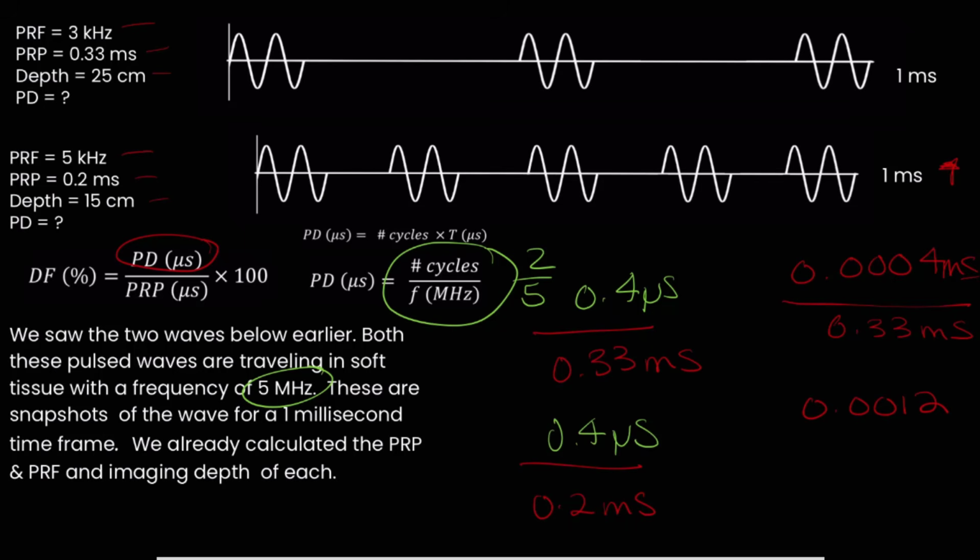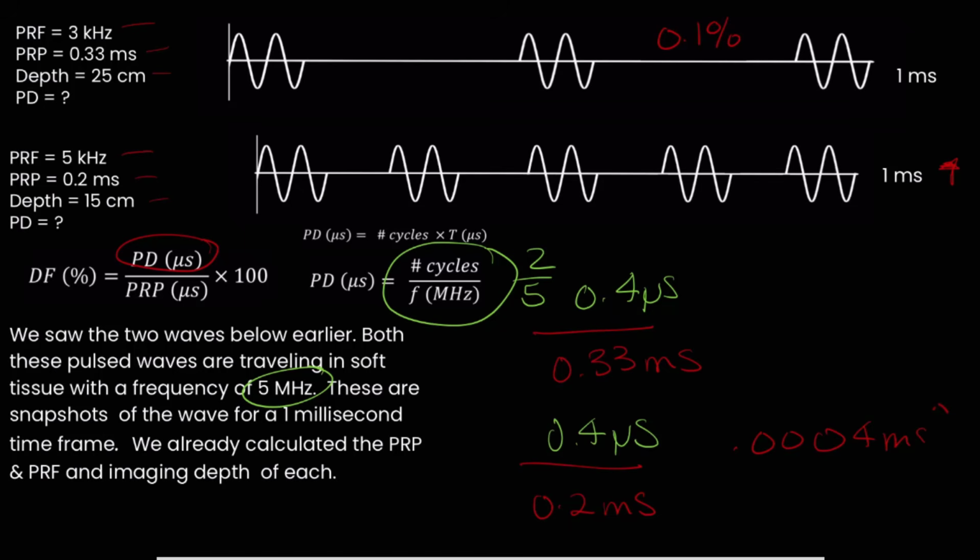It is okay to express duty factor as a unitless decimal, but it's more accurate, and you'll see it more commonly in your books and in your tests, to present it as a percentage. So to finish this off, we do need to multiply this by 100, and the final duty factor percentage of the top pulse is 0.1%. We can do the exact same thing for the bottom pulse, convert 0.4 microseconds into